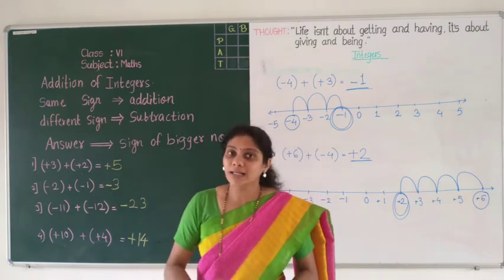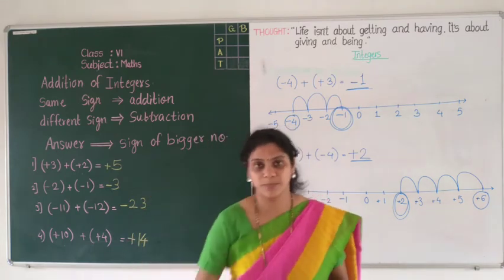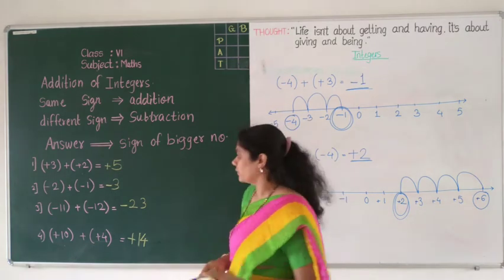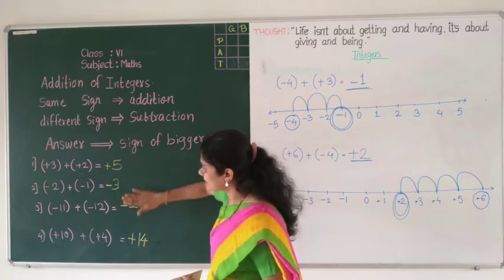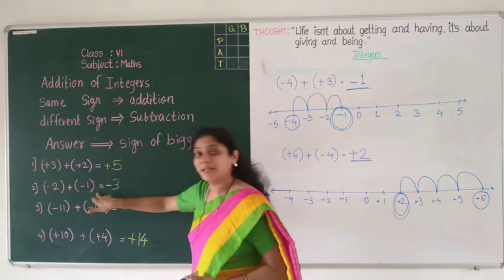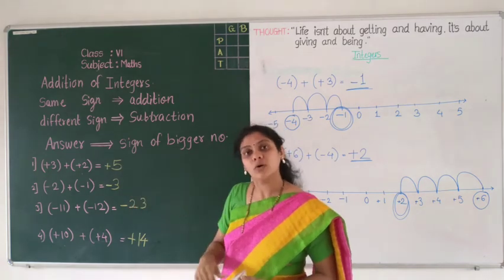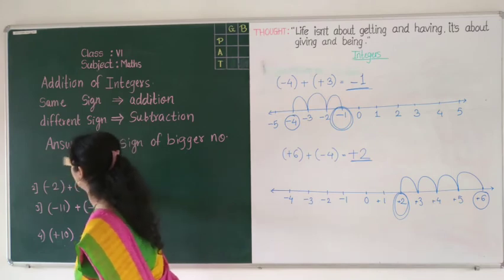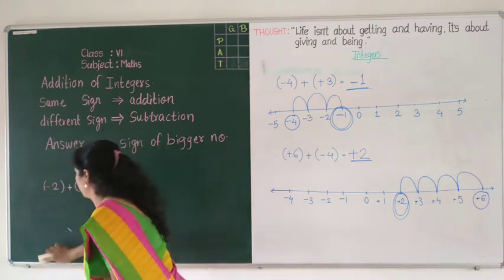Now we will take another example that we have already solved on this board. Now look here at how we can solve this. Which example will we solve? Just look here. We will solve this second one. Negative 2 plus negative 1 is equal to, already our answer is negative 3. So let's go. We will start to solve it. For that, I will draw this apart from the other sums, so we can concentrate on that sum only.